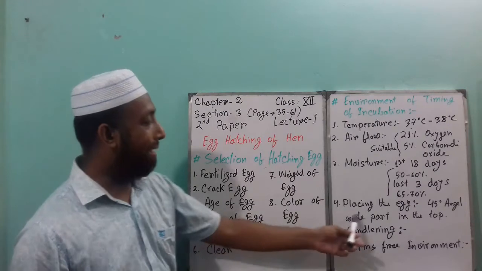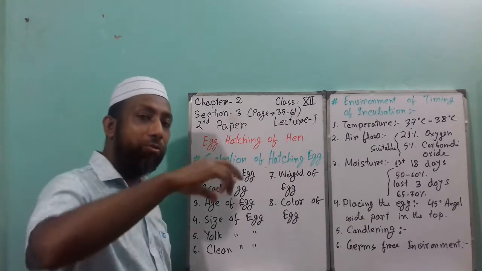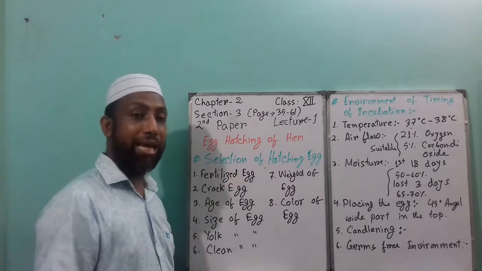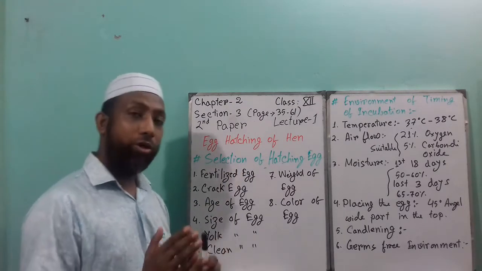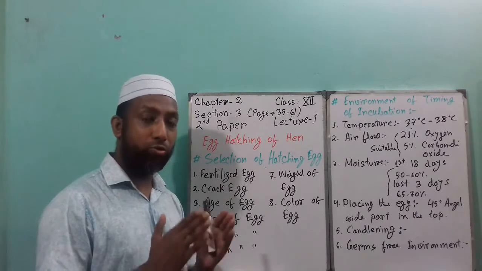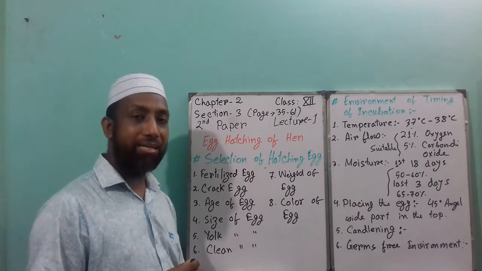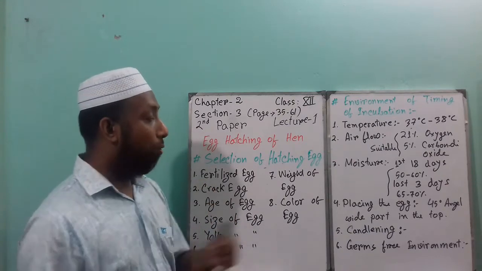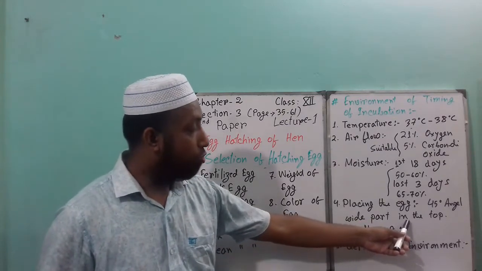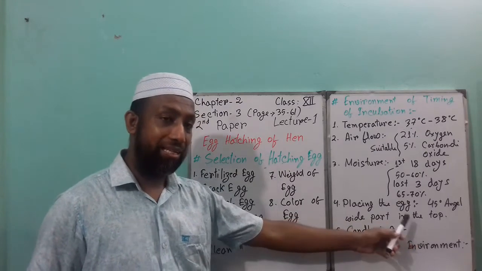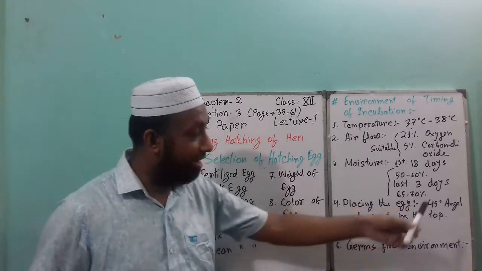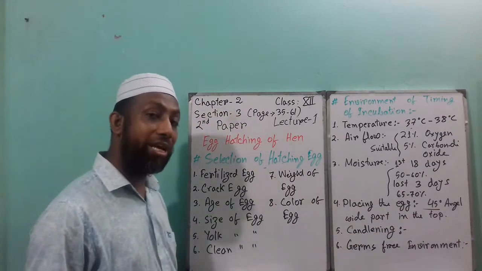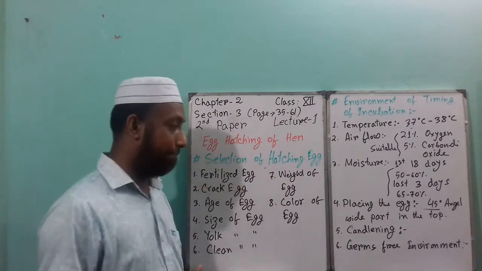Next point is placing the egg. How you place the egg when you incubate or hatch the egg. We know there will be two sides. One is the wide part and the other one is the narrow part. The wide part should be at the top when you place the egg, and definitely that should be at a 45 degree angle. And then